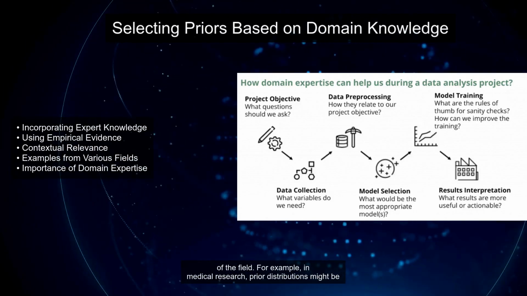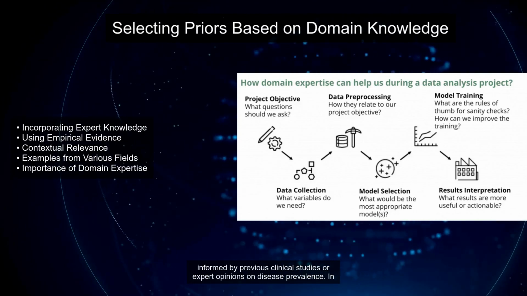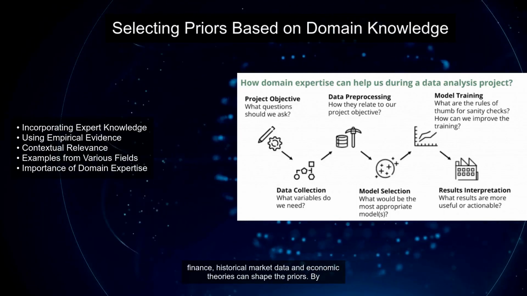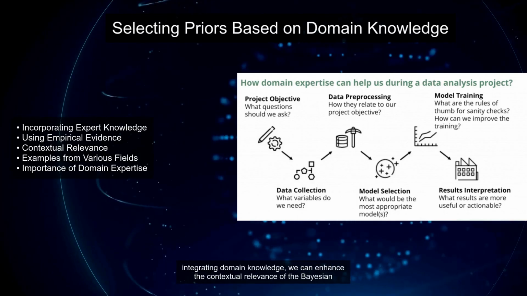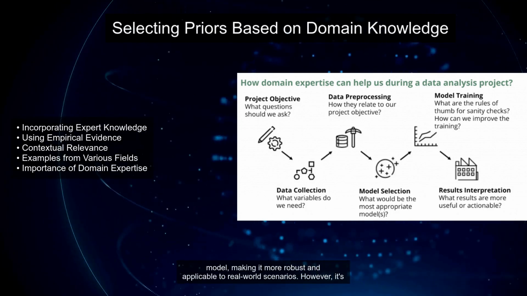of the field. For example, in medical research, prior distributions might be informed by previous clinical studies or expert opinions on disease prevalence. In finance, historical market data and economic theories can shape the priors. By integrating domain knowledge, we can enhance the contextual relevance of the Bayesian model, making it more robust and applicable